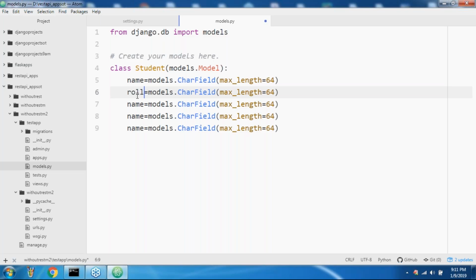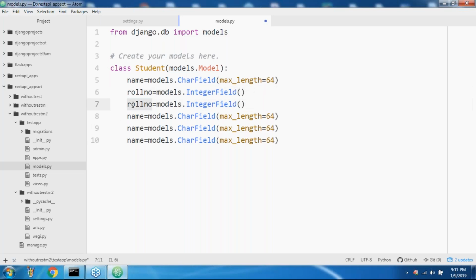Roll number is models.IntegerField, integer field, sir. Max length won't be there for roll number, and marks is also an integer field.